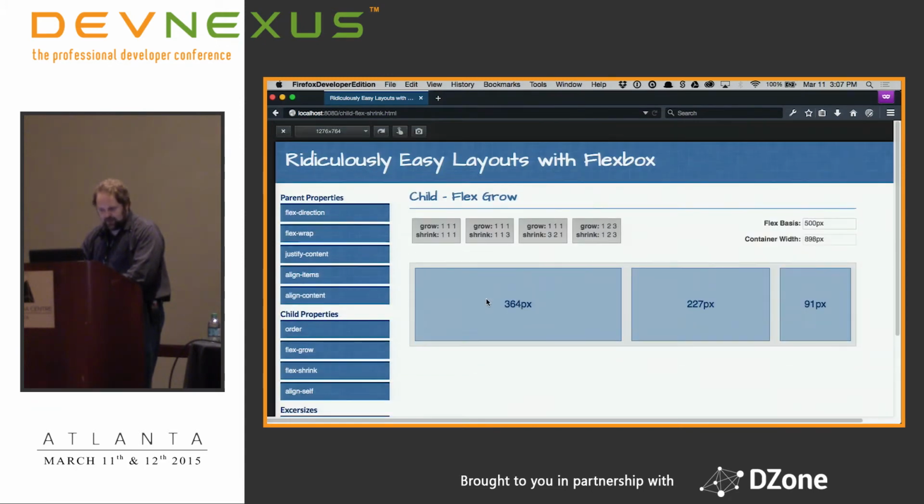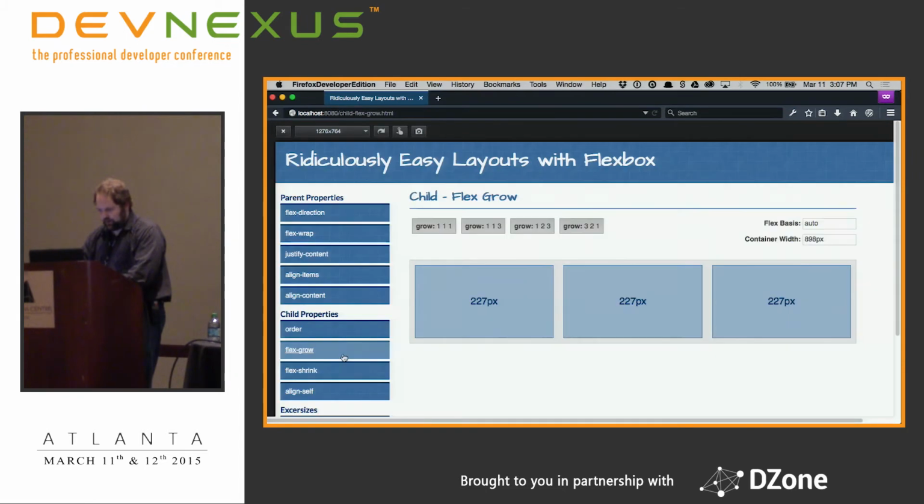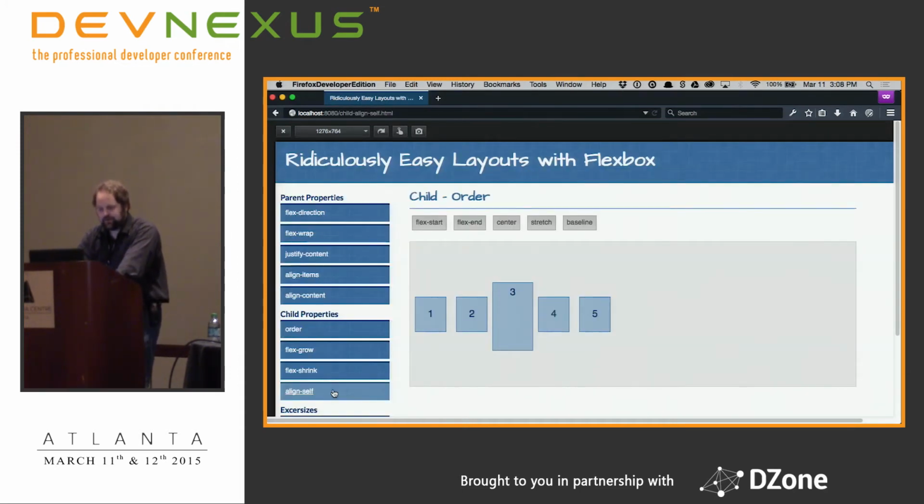But just the important thing is, like I said before, it all depends on flex basis. That's by default. If I go back to grow, the default is auto, so it's just going to do that proportion no matter what. It's really when I get a flex basis that it has sort of a conditional statement on it. Align self. So